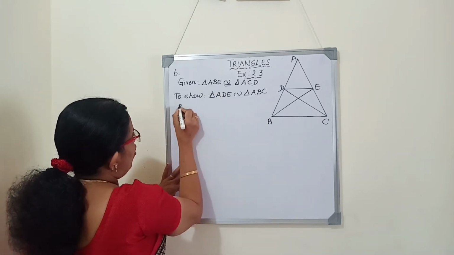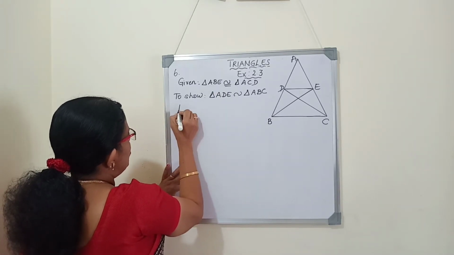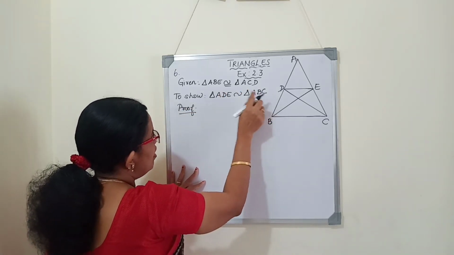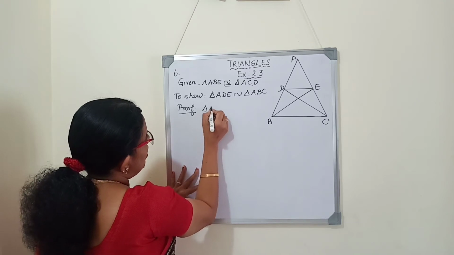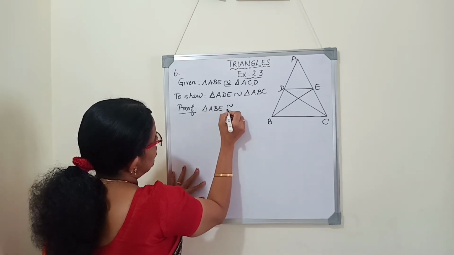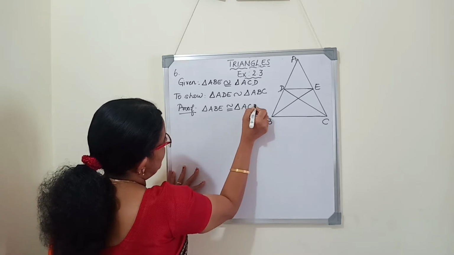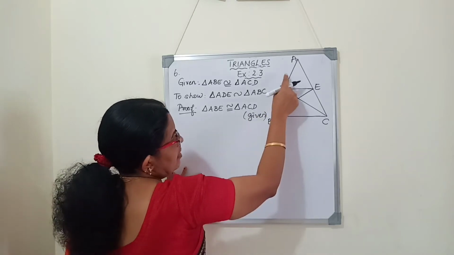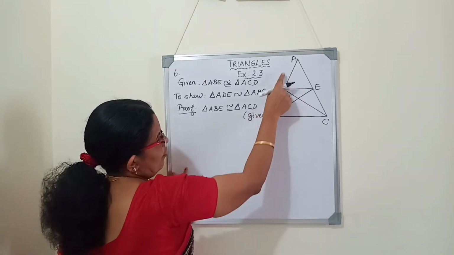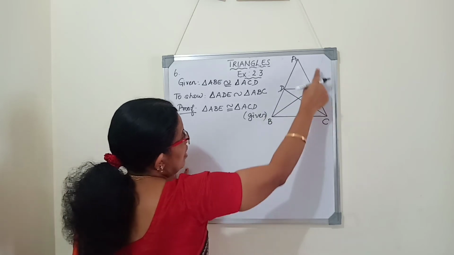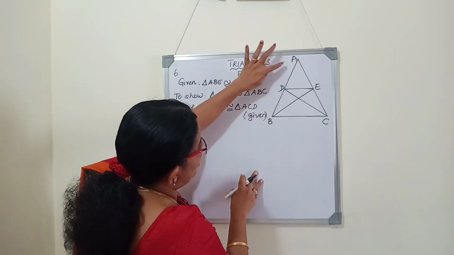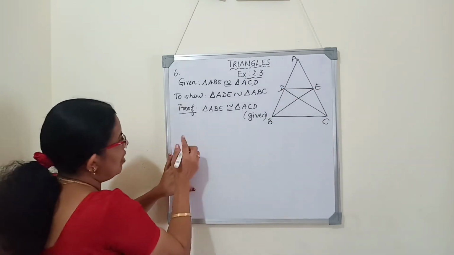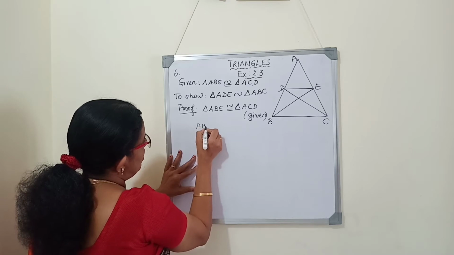What is meant by congruence? So, proof. Two triangles are congruent means all the corresponding angles and corresponding sides are equal. So first we will start from the given: triangle ABE is congruent to triangle ACD. This is given. Now if the triangles are congruent, we can say that the sides are equal. First of all, we will write AB is equal to AC. AB is the side of triangle ABE and AC is the side of triangle ACD.